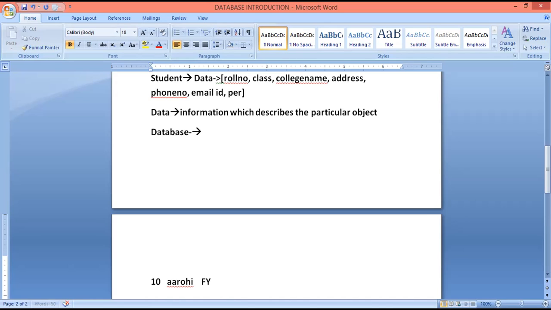Okay. Then the college name, you can take anything. Suppose the college name is MIT College. Then the address is Pune. The phone number is suppose something, and the email ID is suppose something ABC. For example, we are taking this for the general example,